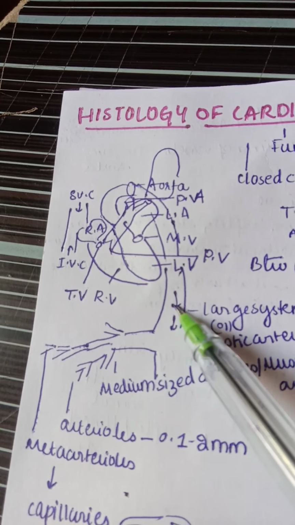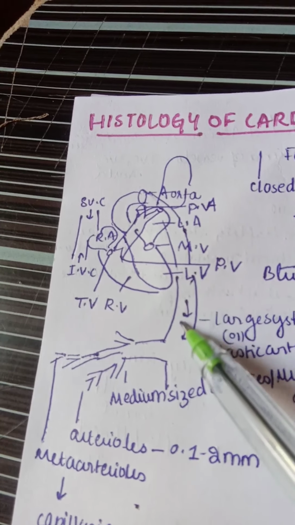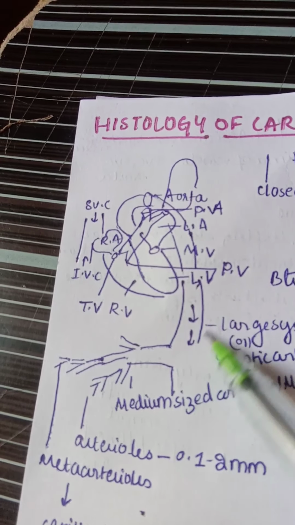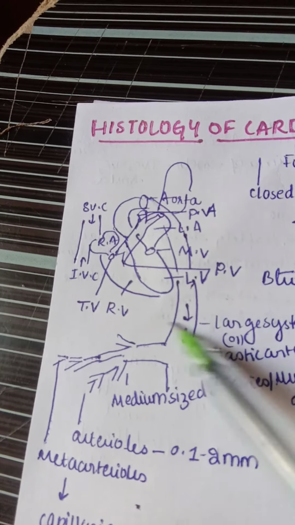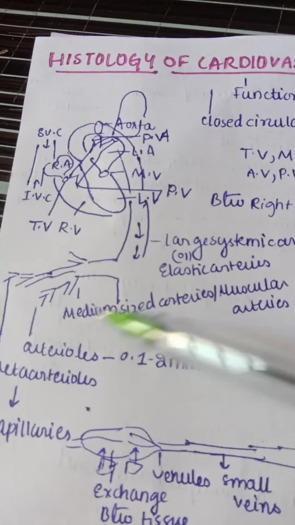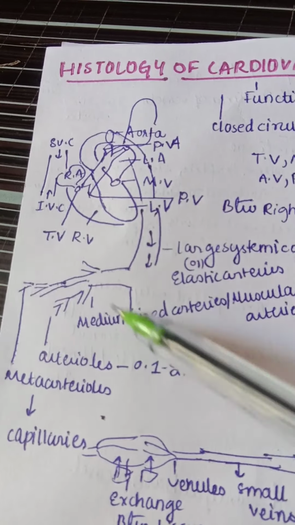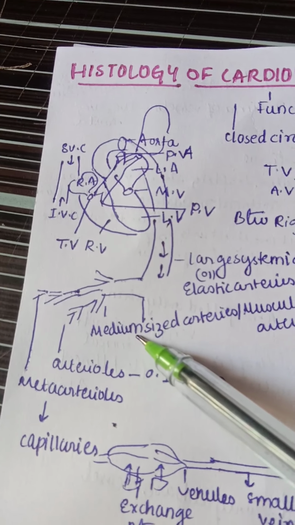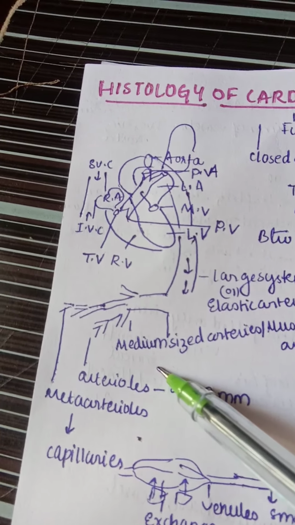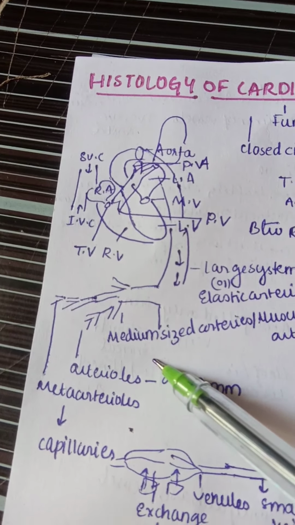So the large systemic arteries are our aorta, and other large arteries like carotid and iliac. All these are large systemic arteries which are greater than 1 centimeter in diameter, also known as elastic arteries. And next, medium size arteries. So these arteries further divide into medium size or muscular, also known as named arteries. Most of the named arteries are medium size arteries. They are also known as muscular arteries, and their size is up to 2 to 10 millimeter. And next we have the arterioles. So the medium size arteries further divide into arterioles, and they are 0.1 to 2 millimeter.